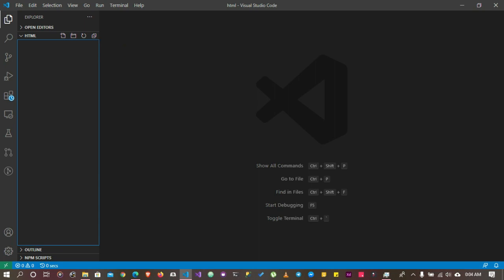But what I just want to do is to create a new file. So I click on this new file. The file I'm going to create, I'm going to call it index.html. Now, when we are creating a file, you have to understand something. Every file has to come with an extension. The extension tells your computer or the browser, whatever it is, what type of file the content of the file is. So in this case, it's HTML. So I'll say .html,